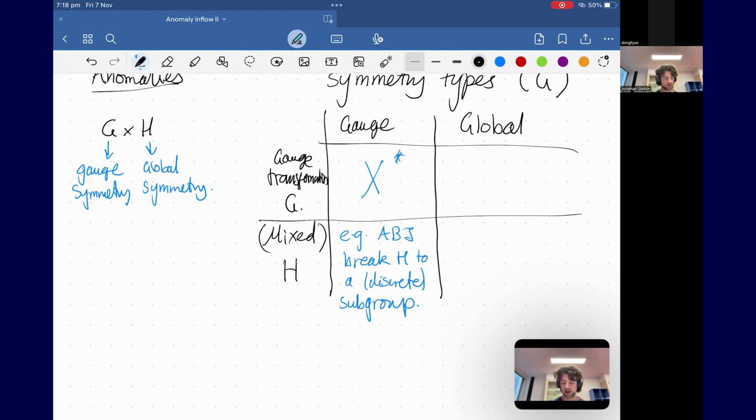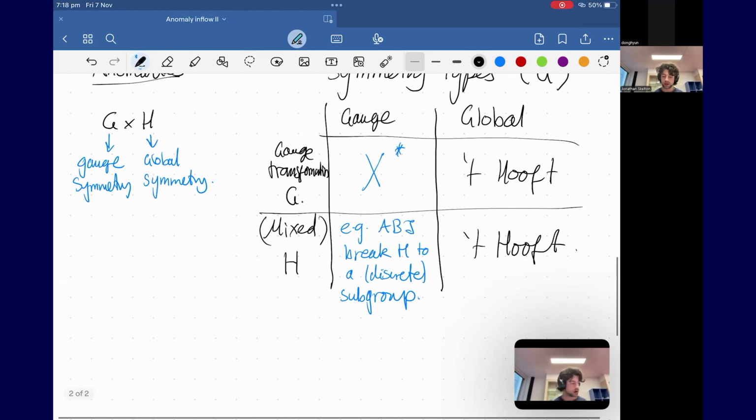In the case of global ones, there's nothing wrong with this because we never assumed anything about it being gauged to begin with, but instead we have what we call a 't Hooft anomaly. And then these sort of things will allow us to classify certain topological features of the theory. In particular,